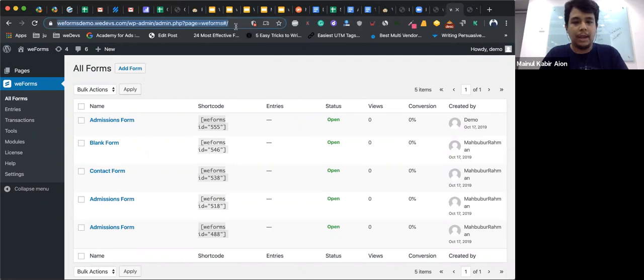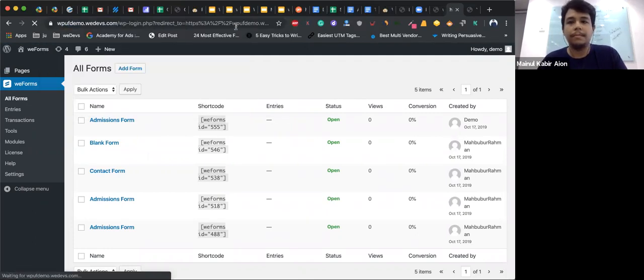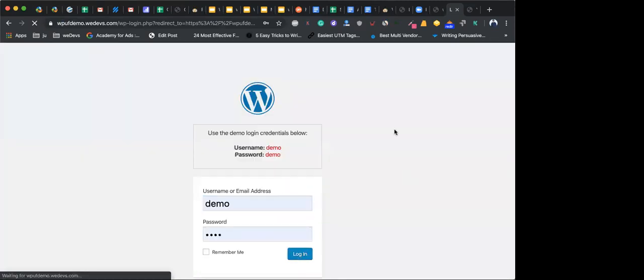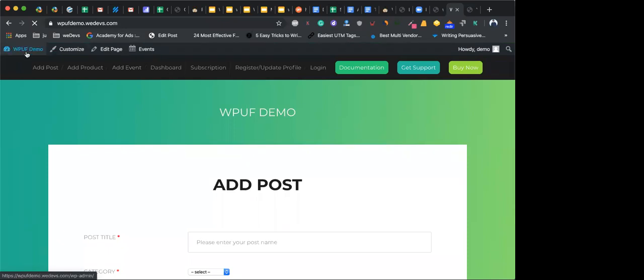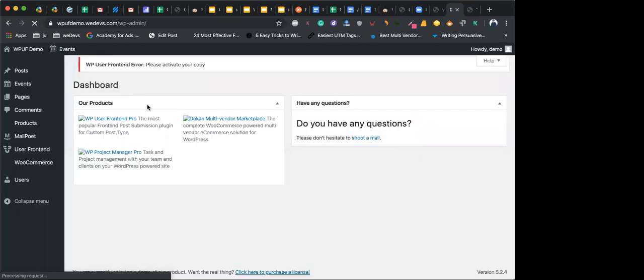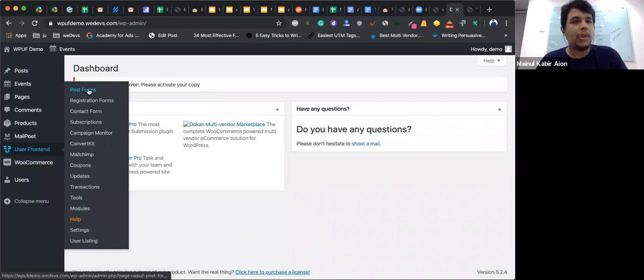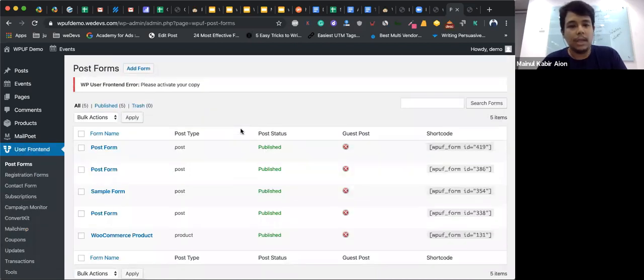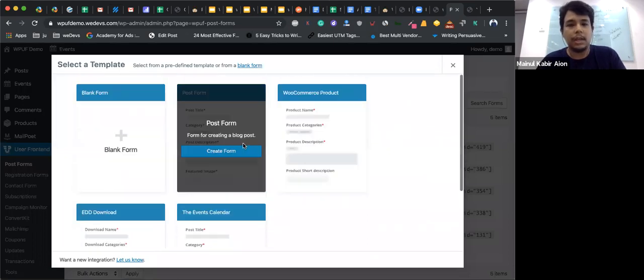Okay. So I'm showing WP User Frontend now. With WP User Frontend, you can create frontend post forms, registration forms, also contact forms using weForms. You can create your subscription packages. There are integrations with email services. You can create coupons. You can manage your payment transactions, and you can also create user listings. So let's start with post forms. User Frontend has the exact same builder as weForms. You can create forms easily. Like if you want to create a post form, just